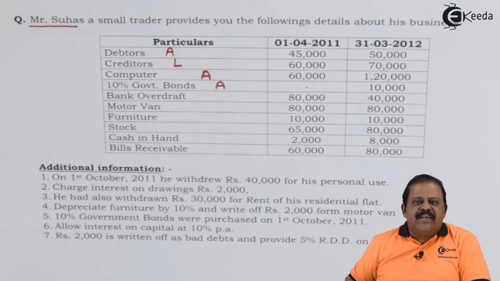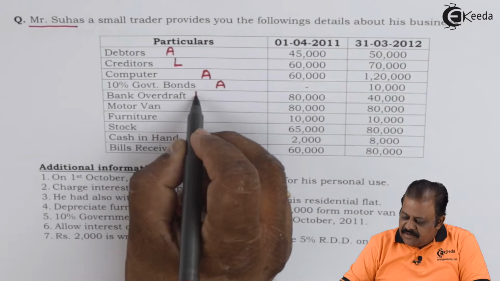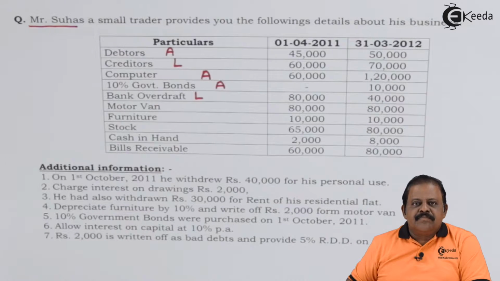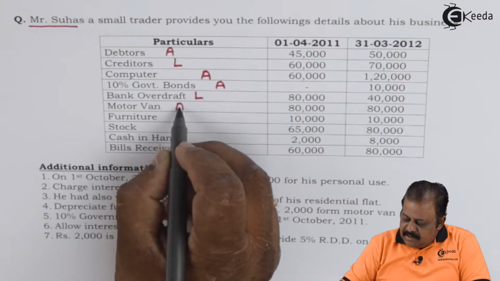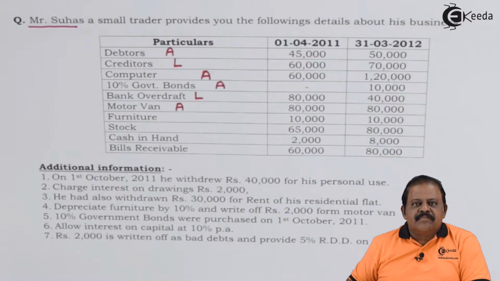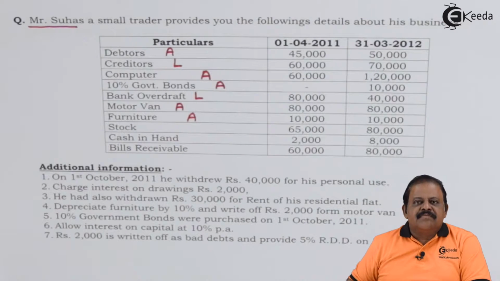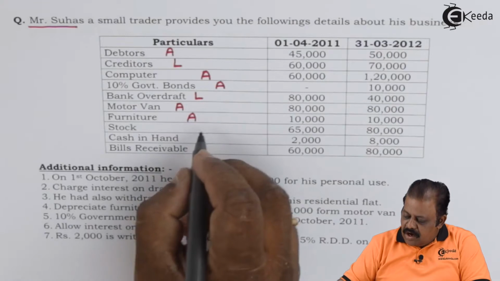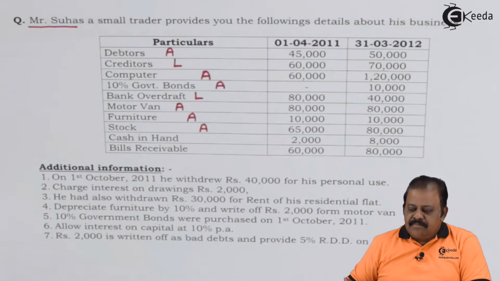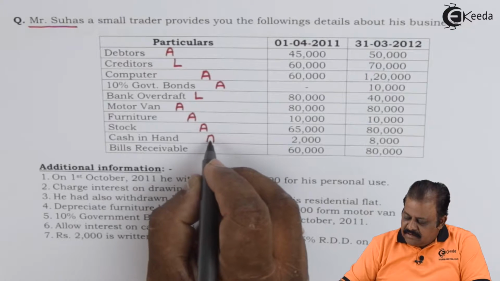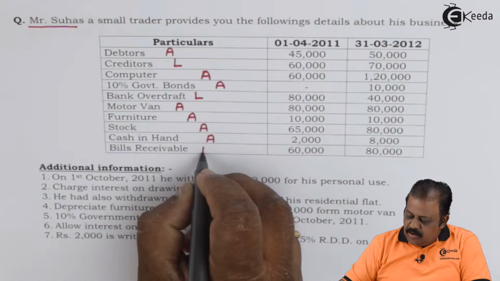This is investment. Bank overdraft, liability. Motor van, asset. Furniture, asset. Stock, asset. Cash in hand, asset. Bills receivable,